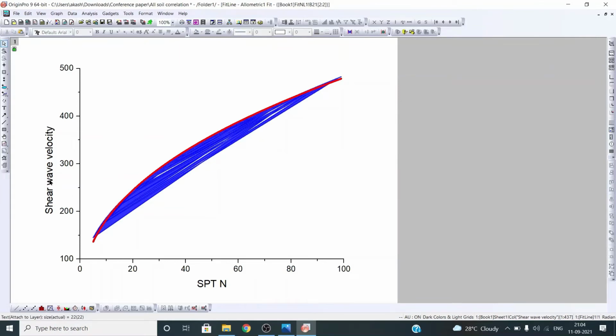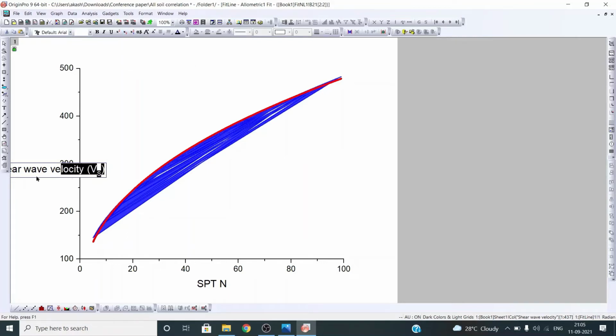Now, so shear wave velocity you can write here. You can use this key for the subscript.